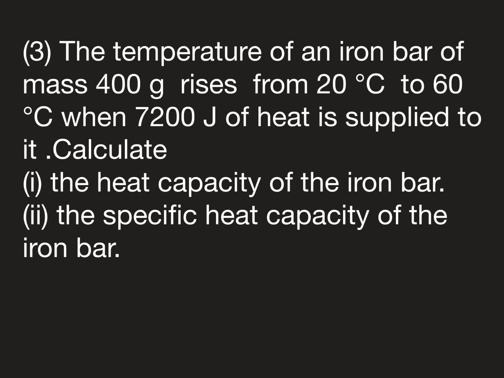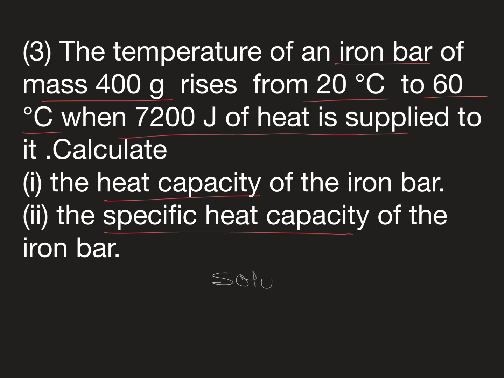The temperature of an iron bar of mass 400 grams rises from 20 degrees Celsius to 60 degrees Celsius when 7,200 joules of heat is supplied to it. Calculate the heat capacity of the iron bar and the specific heat capacity of the iron bar. Solution: